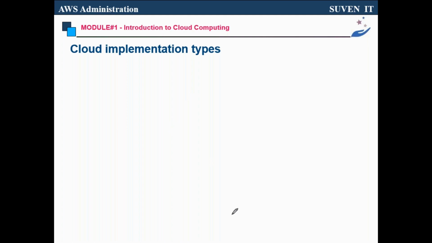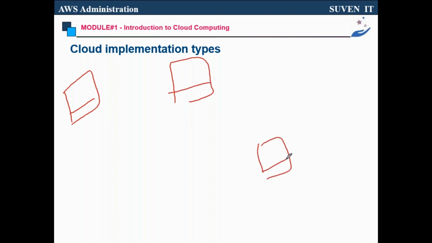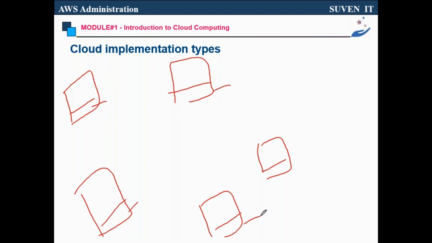For example, imagine IBM is the company: IBM India, IBM US, IBM UK, IBM Germany, IBM Japan, so many countries have their branches, and they have their data centers in each region.